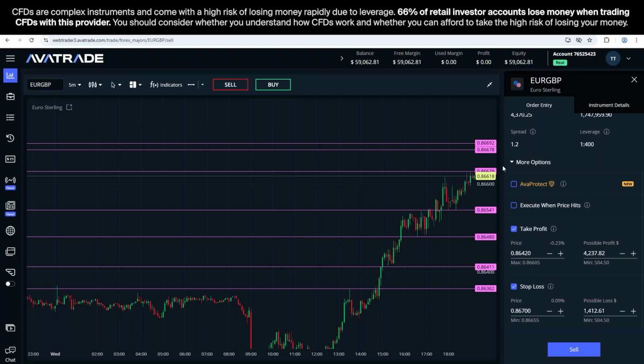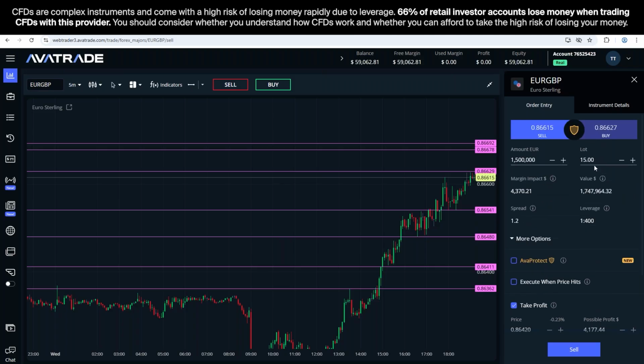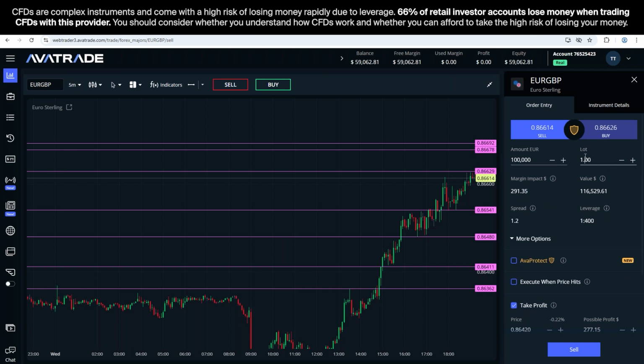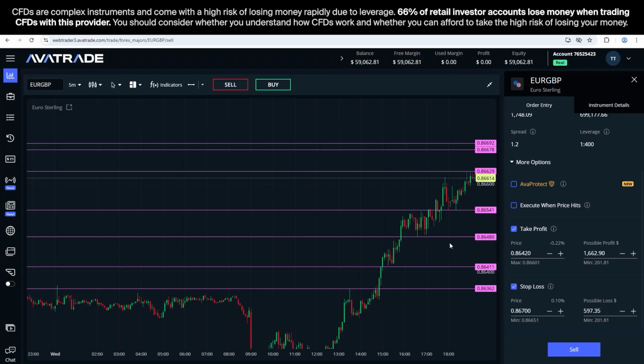Okay, so if I like that setup with my stop loss up here and my take profit down here, now all I need to do is adjust the trade size. Opportunistic setup here with a much larger possible profit than possible loss. Now I just need a trade size that makes sense for me. If I do one lot, I'm risking about 100. If I do 6 lots, I should be risking about 600. So that's about 1% of my balance, just under 600 risk, right around 1% or a little less risk